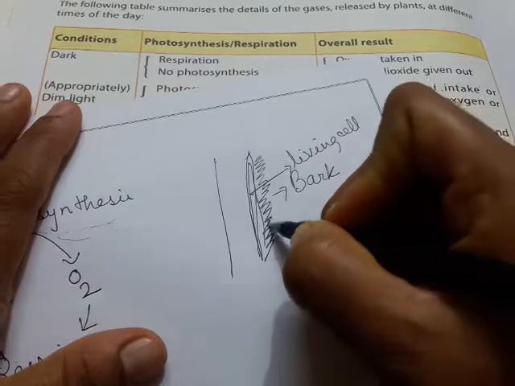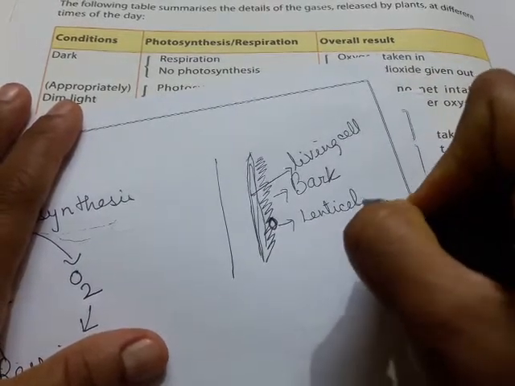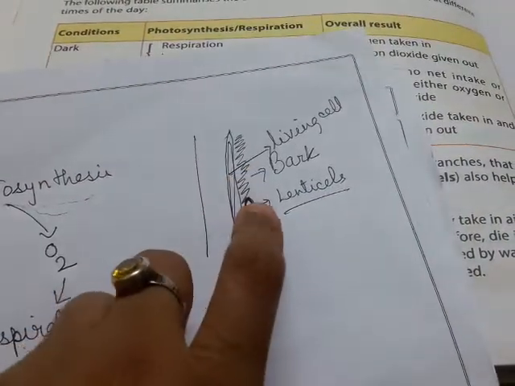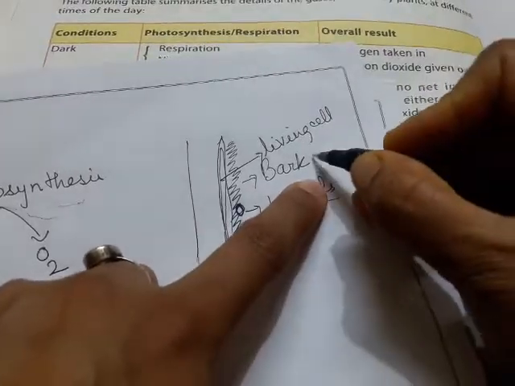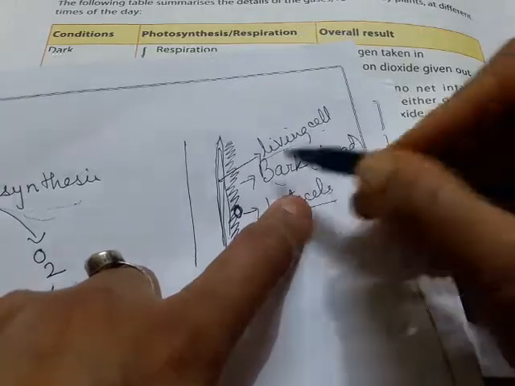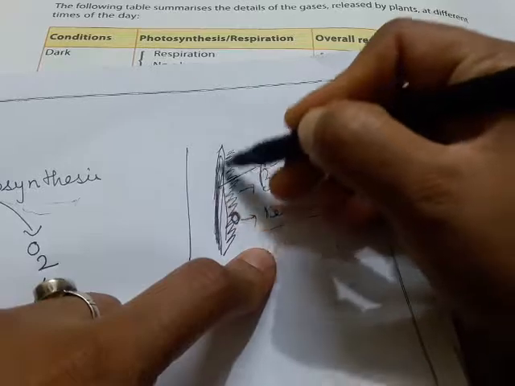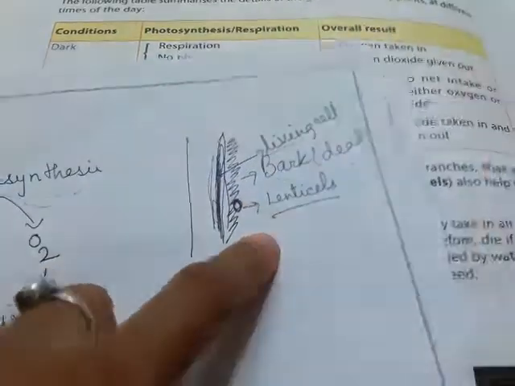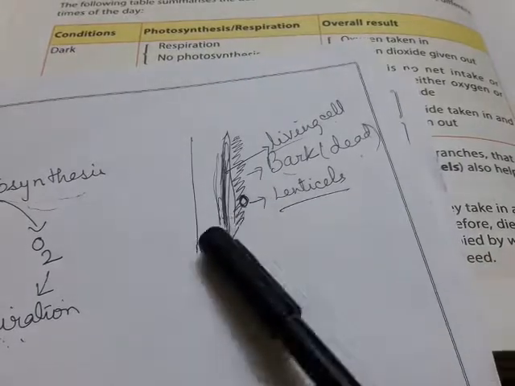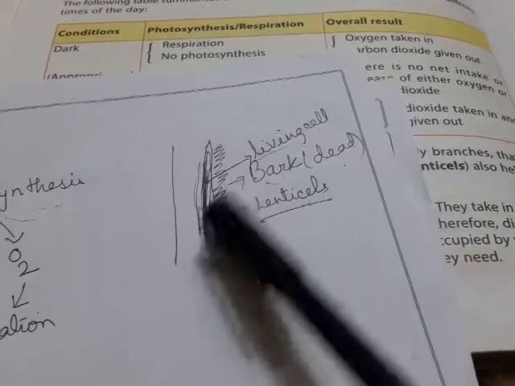cells. So on the bark there will be a pore, and that is called a lenticel. Outside, the bark is dead, but under it there are living cells, so they will need respiration. All living cells respire. So through lenticels, like stomata, which are also pores present on dead cells, gases are exchanged.